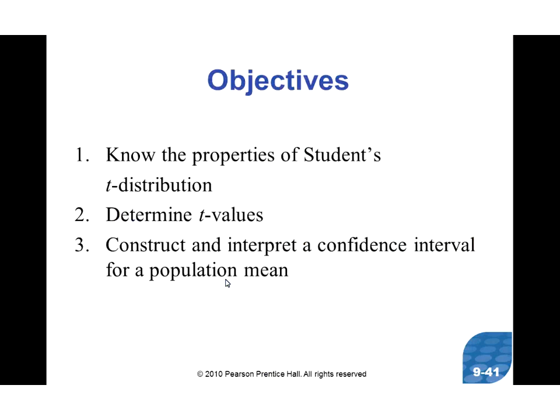In Chapter 9, we are introduced really for the first time to something called the student's t-distribution. Why is it called the student's t-distribution? Well, the man who invented this, whose name totally escapes me, worked for a company at the time where he couldn't put his name on this, so he just called himself a student, basically. So we're going to talk about determining t-values, and we're going to talk about constructing and interpreting a confidence interval